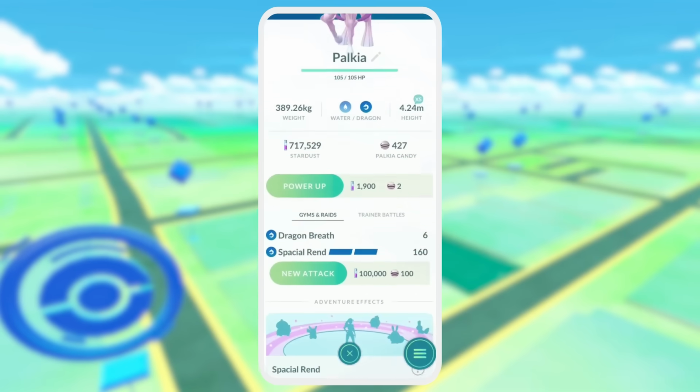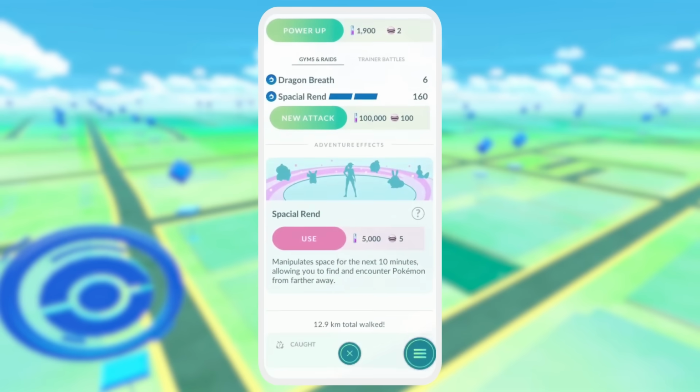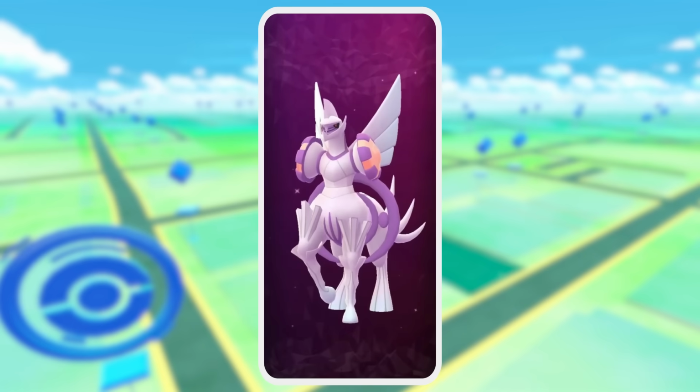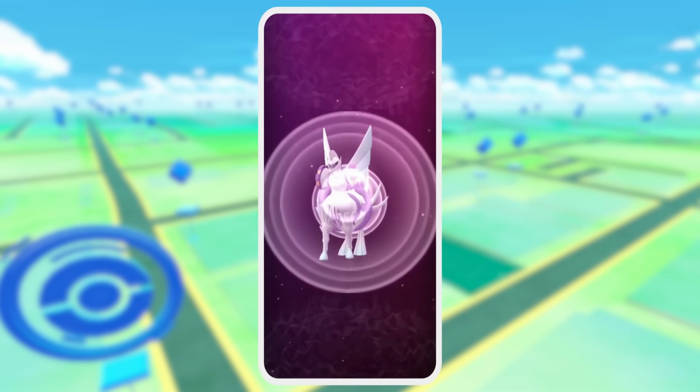Do bear in mind though that only the Origin form can use Spatial Rend, and it only has a chance of coming with the move when it's caught from these raids, and this chance is thought to be around 5 or 10%. Also, it is extra worth raiding Origin Palkia during its raid hour, because this season you will get